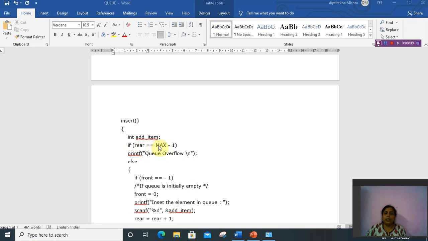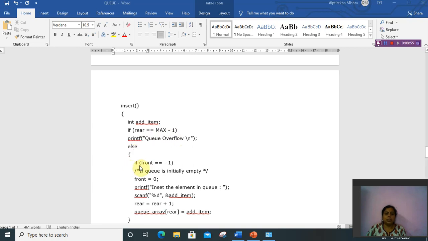And if rear is not equal to max -1, then it comes to the else part, and if front equals -1, meaning initially when the queue is empty, the front and rear are -1. So if front is -1, then make the front 0.